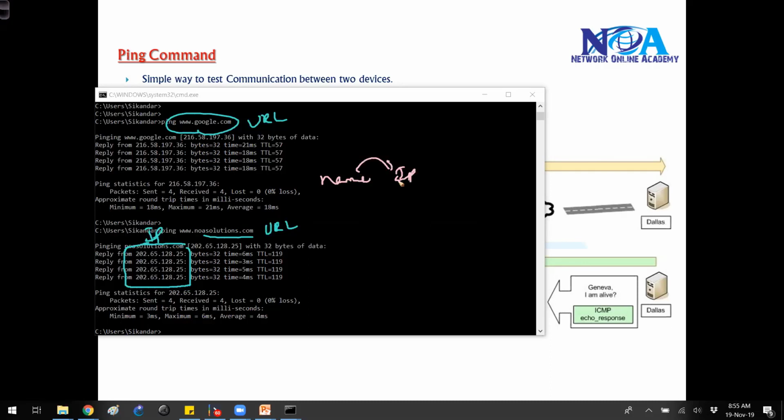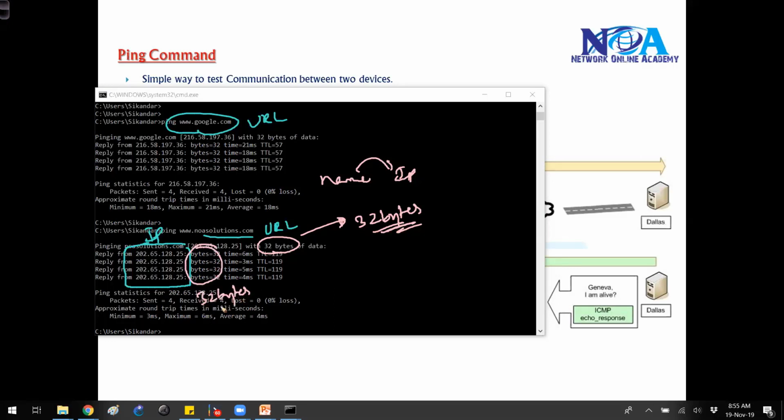The next thing you also see is something called payload. As I said, the ping echo request sends small packets to the IP host, and generally the small packet size is 32 bytes. You can see here it is 32 bytes, and the reply also comes as 32 bytes.